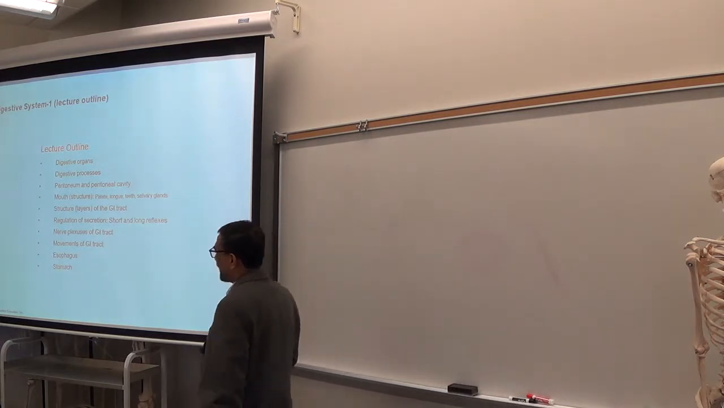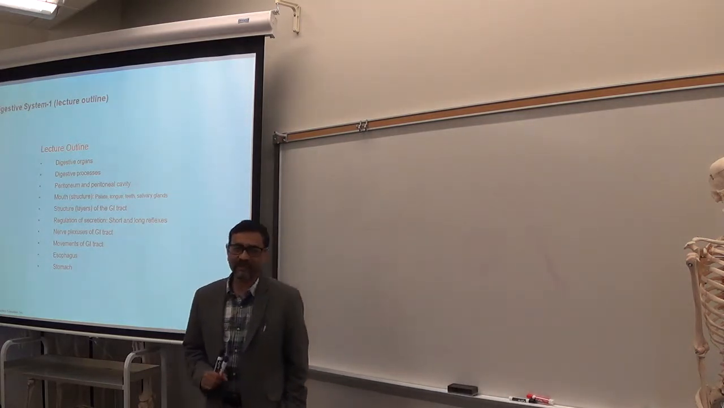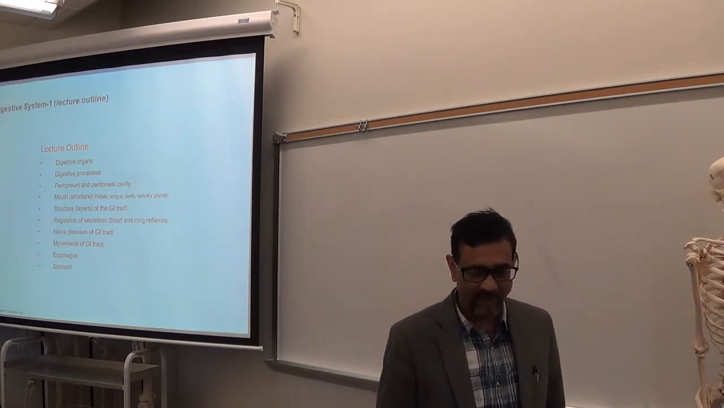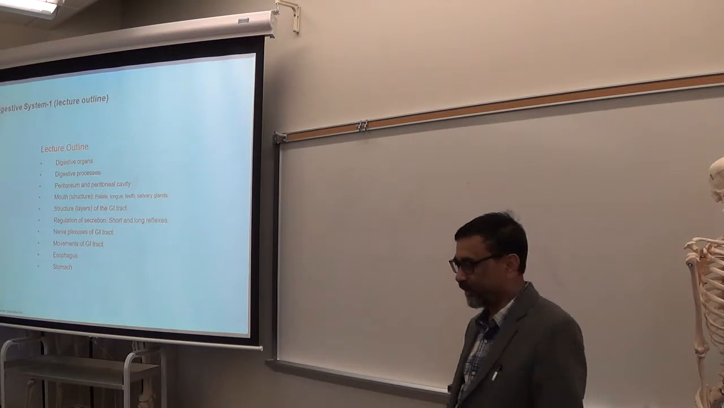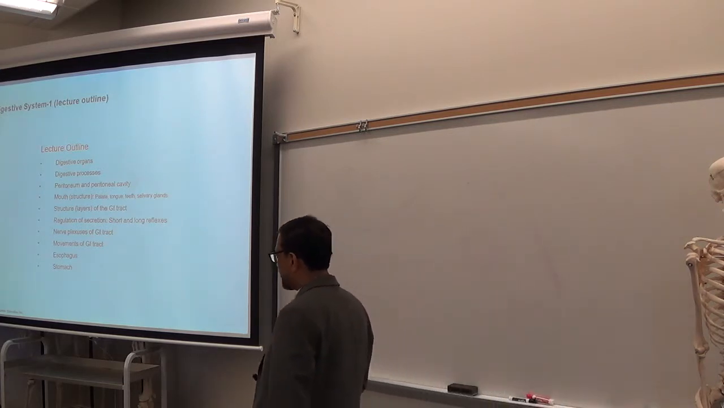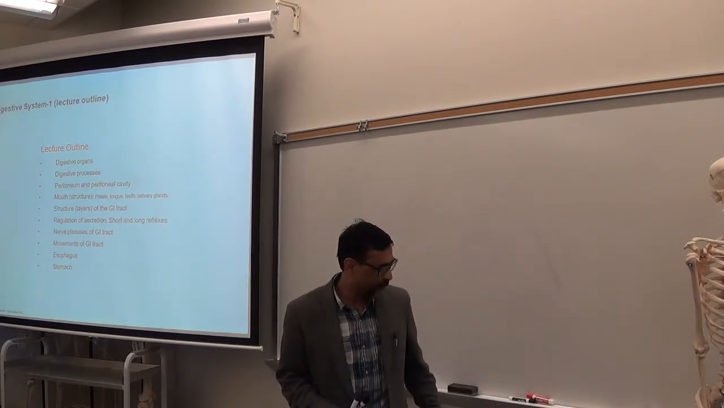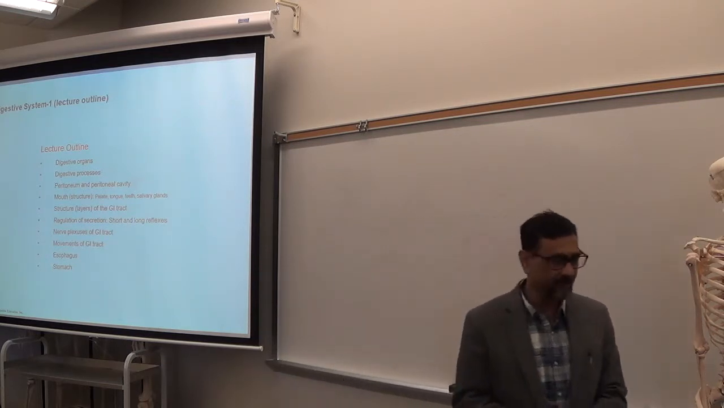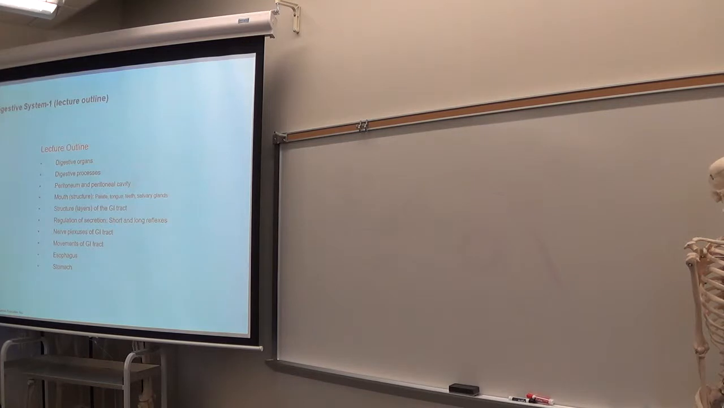We'll talk about the mouth first, the first organ of GI tract, then we'll talk about other structures or other parts like esophagus, stomach, small intestine, large intestine. We'll talk about those parts or organs of GI tract. First,